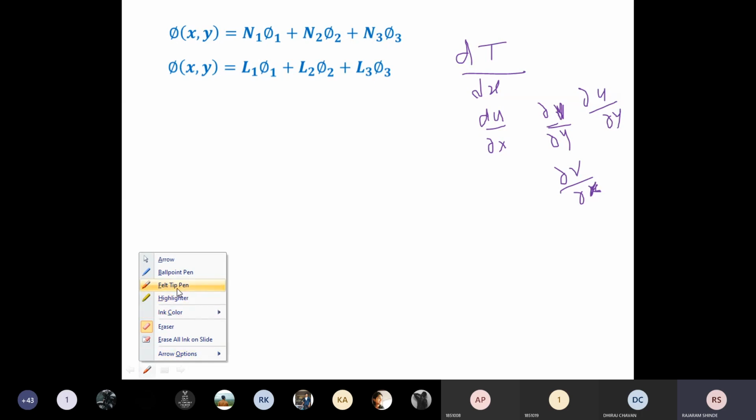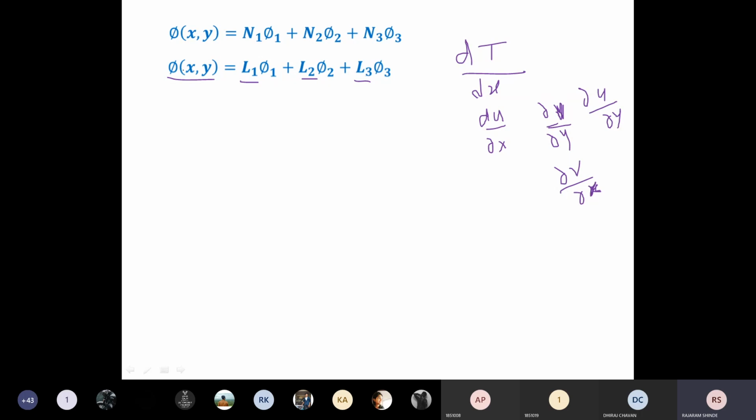Okay. Now for getting the derivative of this one, see here, if you want to calculate d phi by dx or d phi by dy, here this phi we have written in terms of L1, L2, L3. That means your phi is a function of L1, L2, L3, and L1, L2, L3 are the functions of x and y. Already we have written the equation for x, and already we have written the equation for L1, L2, L3. Okay, L1, L2, L3 are the functions of x and y, and phi is a function of L1, L2, L3 here.